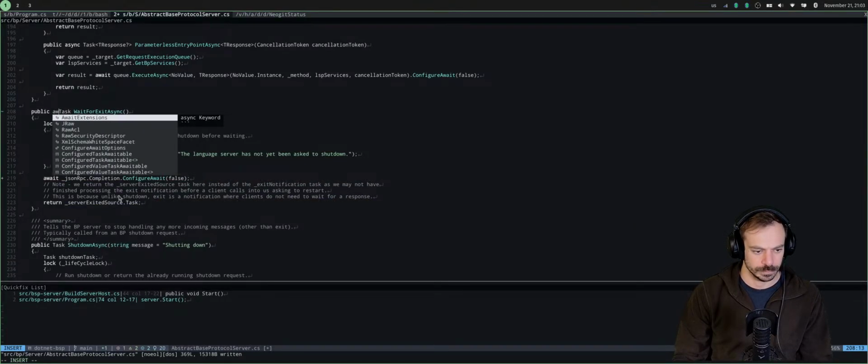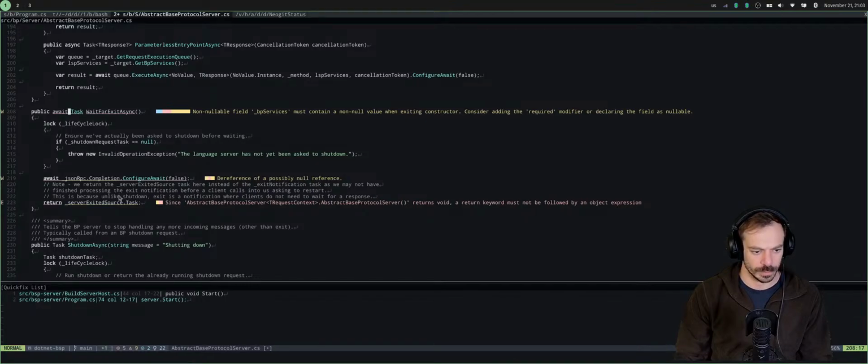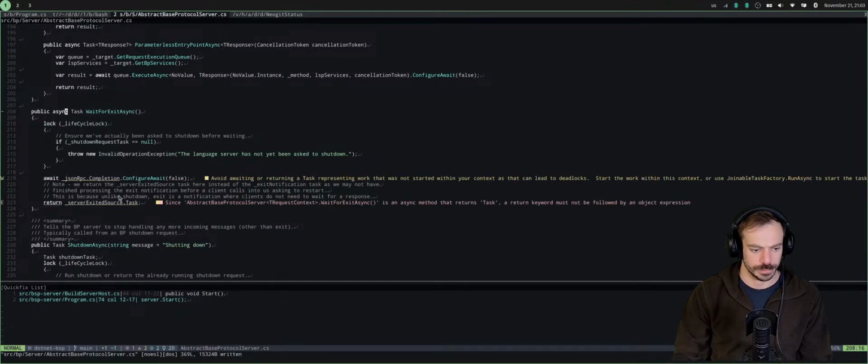Basic, this. Since previous server is an async method that returns task, a return keyword must not be followed by an object expression.